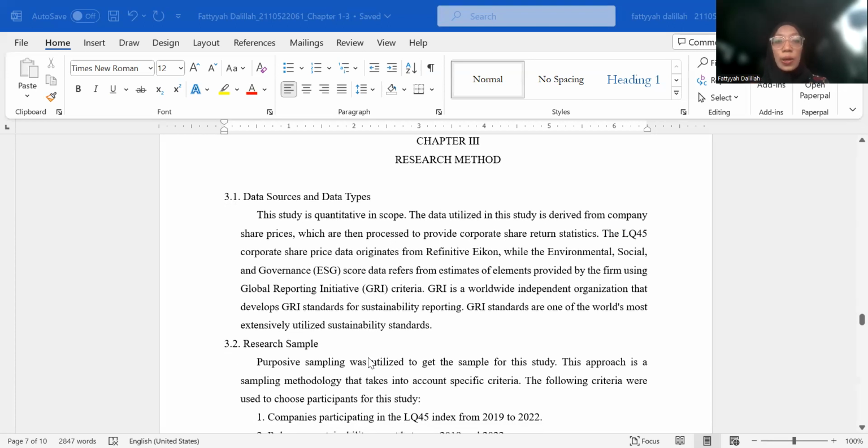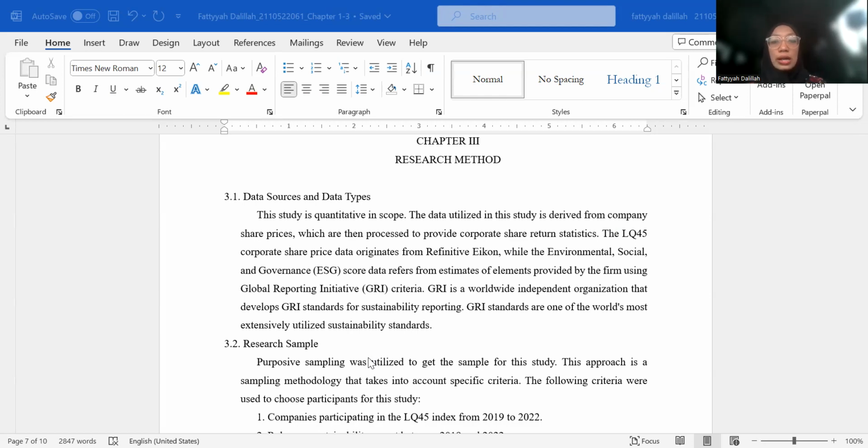In this study, this research used a quantitative scope, and the data utilized in this study is derived from the company share price, which is then processed to provide the corporate share return statistics. The LK45 corporate share price data originates from Refinitiv Eikon, while the environmental, social, and governance ESG score data refers to the estimates of the elements provided by the firm using the Global Reporting Initiative, or we can call it the GRI criteria,